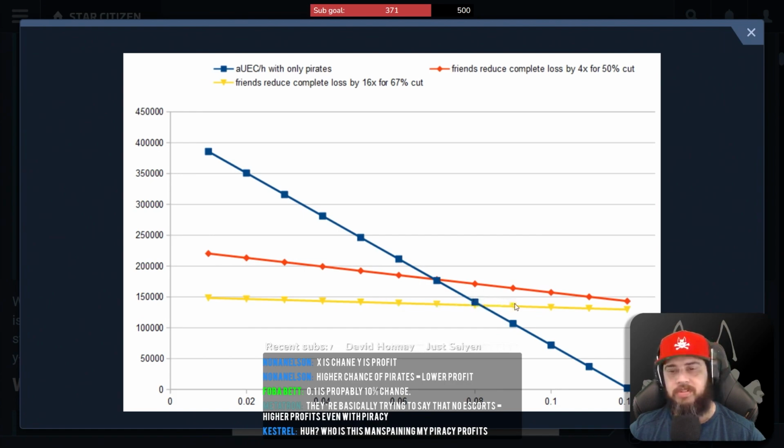But if it goes up to 9%, here the blue line starts dipping further down and the yellow and the orange line start becoming more important. So for us, like Nelson was saying it as a joke, the chance of making profit is 0, but realistically, when we're on the server, we would be the ones creating that, 9 to 10% moving forward. But I believe that this graph is made in reference to the entire player base.